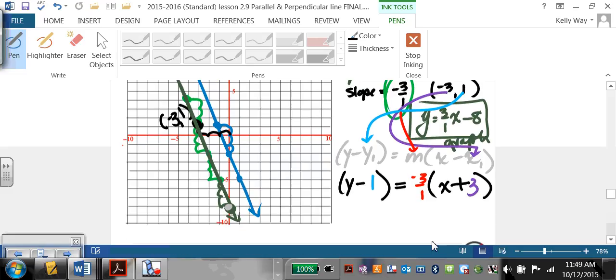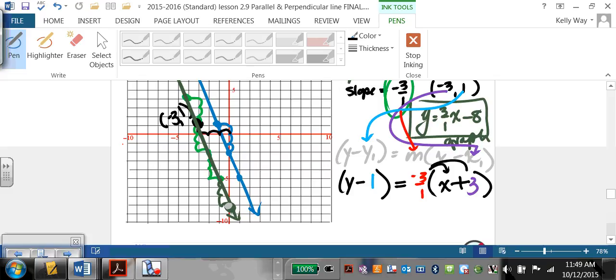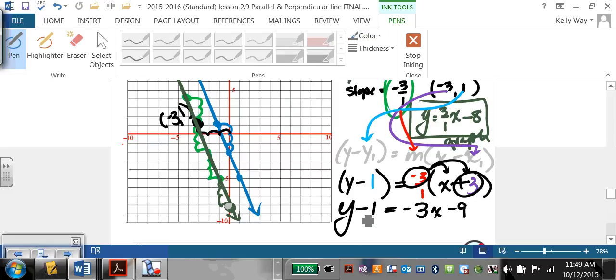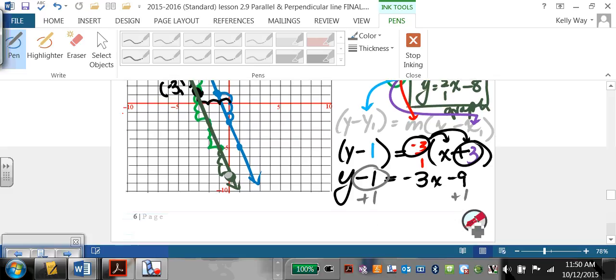Okay. Now we do this. Distribute. Dustin, what's -3 times +3? Bingo. Taylor, how do I get rid of this negative? Okay, so I'm going to add 1 to both sides, and let's see what happens. We end up with y equals